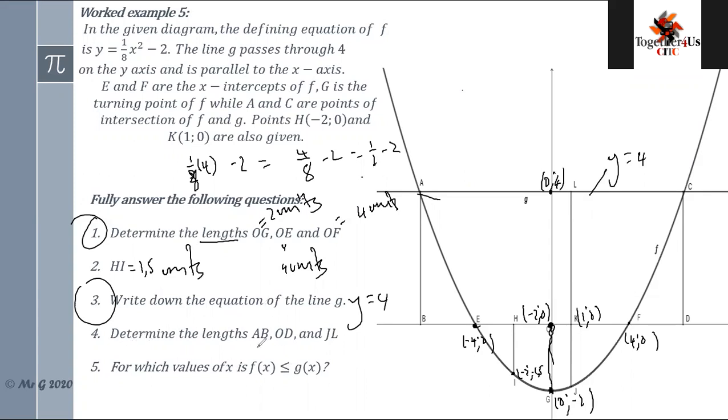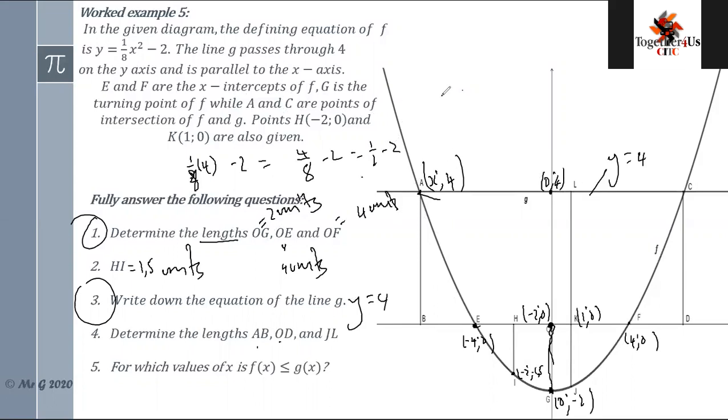Determine the lengths AB, OD, and JL. Where is AB here? There's B, and there's A. So we've got to find that point. We know the y coordinate here because of the line g, so this is something x and a 4. Now, this is on this parabola also, so we know the line g is not helpful because it does not have an x in it, so I must find the x value at B, so I must actually solve again